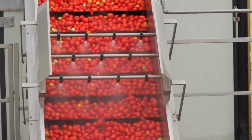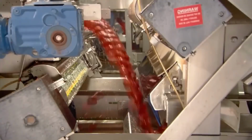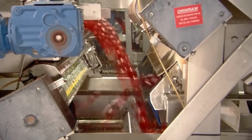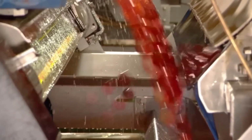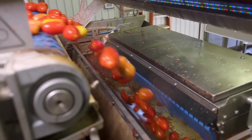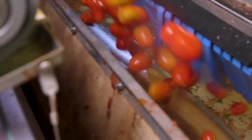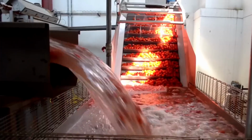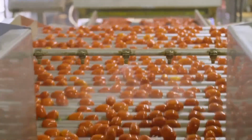Next, the tomatoes head to a sorting line. As they ascend a conveyor, they are cleaned with a sprayer. An electronic sorter then discards any damaged, discolored, or unripe fruit. Pneumatic fingers remove those tomatoes from the batch in less than a second. The ones that pass the test move to the next phase, where they are submerged in a very hot bath,